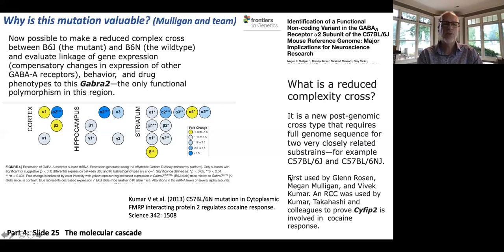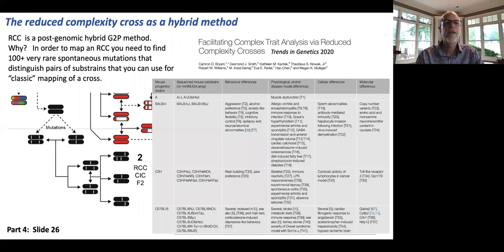traces back to some work that Vivek did with Joe Takahashi on Sci-FIP2, probably the highest profile work of this type. We also did this many moons ago in looking at heterotopia in VXD29, what we called a co-isogenic cross. So this is now a damn powerful way to combine a segregating population with known variants, which brings us to